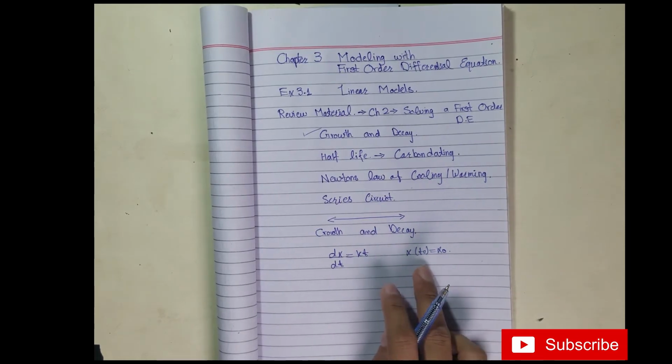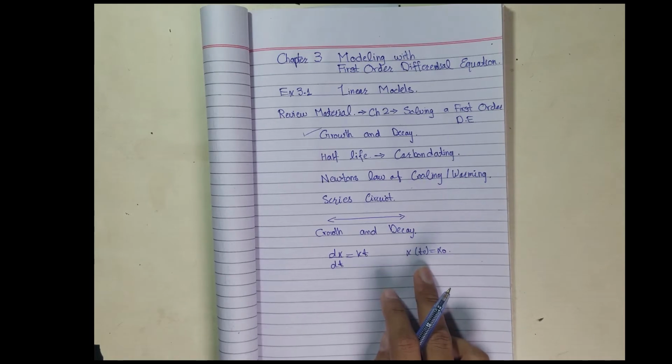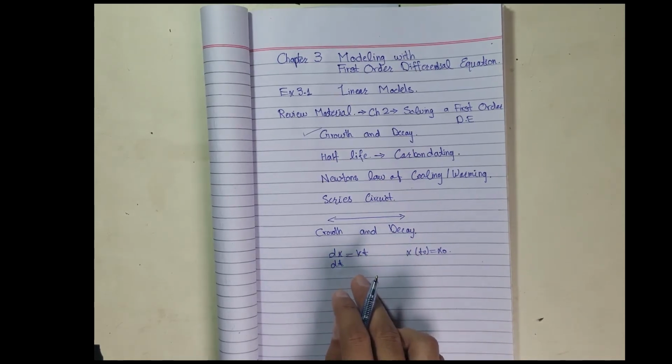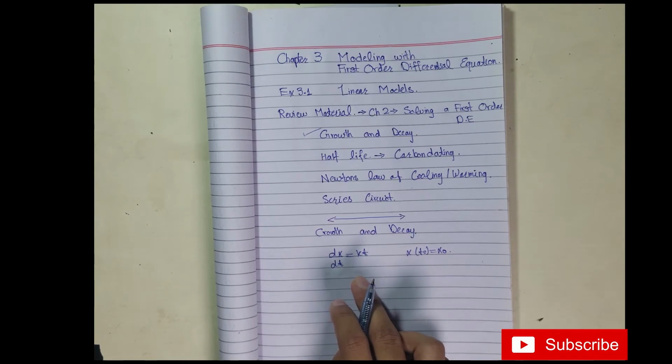This model applies to diverse phenomena involving either growth or decay. Biological applications: the rate of growth of certain populations, such as bacteria or small animals, over a short period of time is proportional to the population present at time t. Knowing the population at some arbitrary initial time t naught, we can use the solution of 1 to predict the population in the future, that is at time t greater than t naught. The constant of proportionality k can be determined from the solution of the initial value problem using a subsequent measurement of x at a time t = t1.